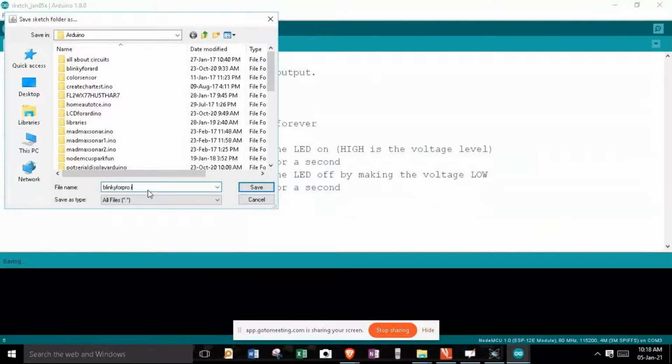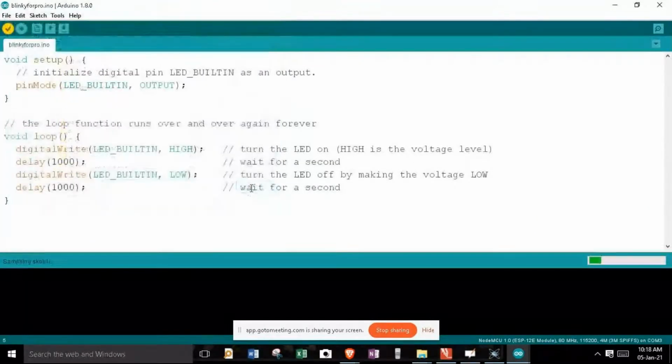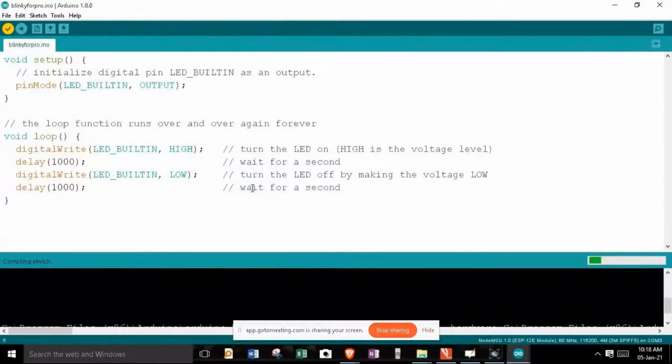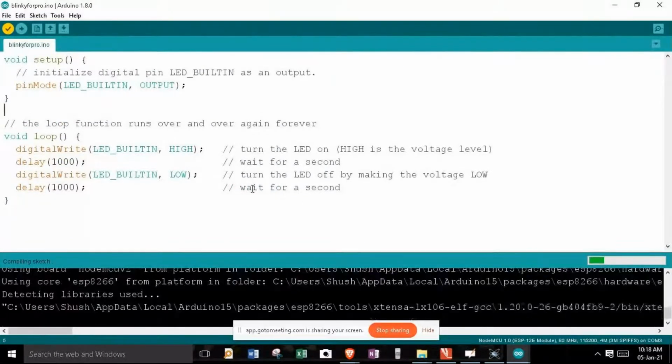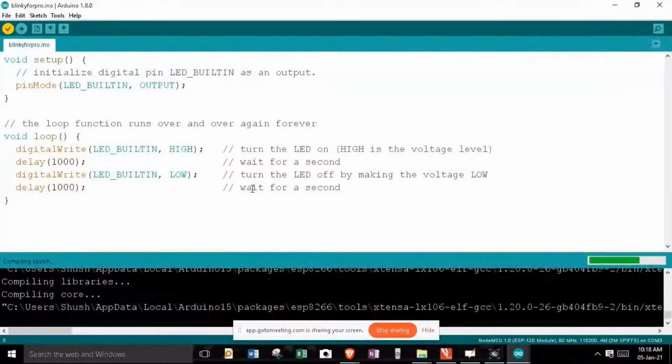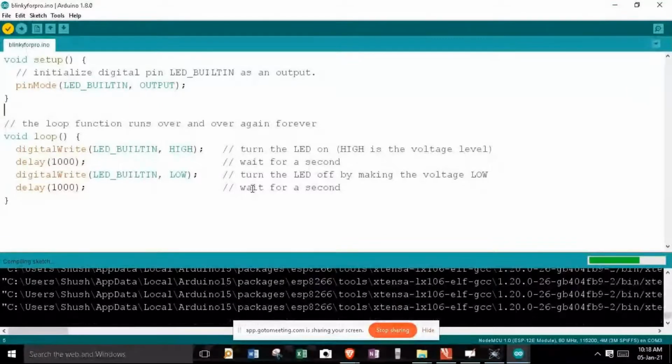Make sure that you always end your file name with the extension .ino. Hit save. Right now our program code is getting compiled.